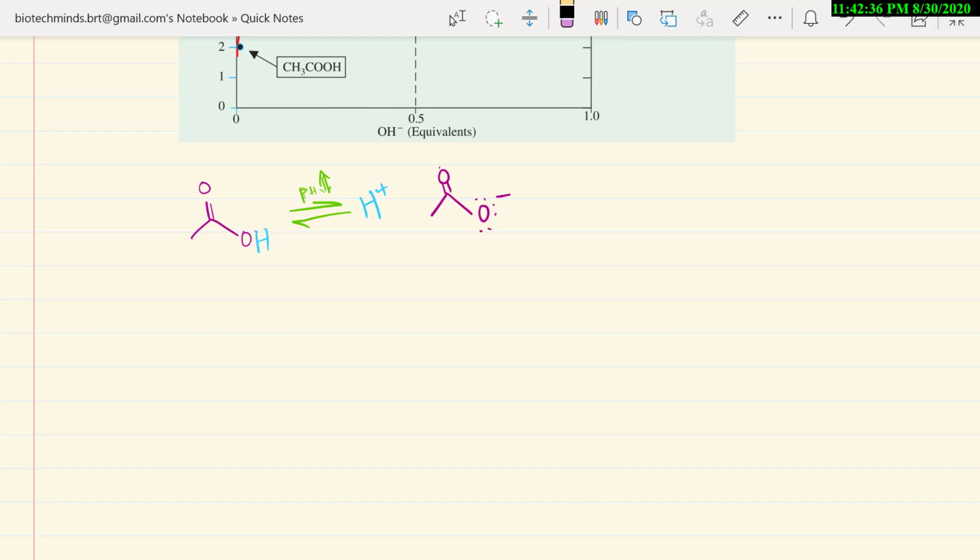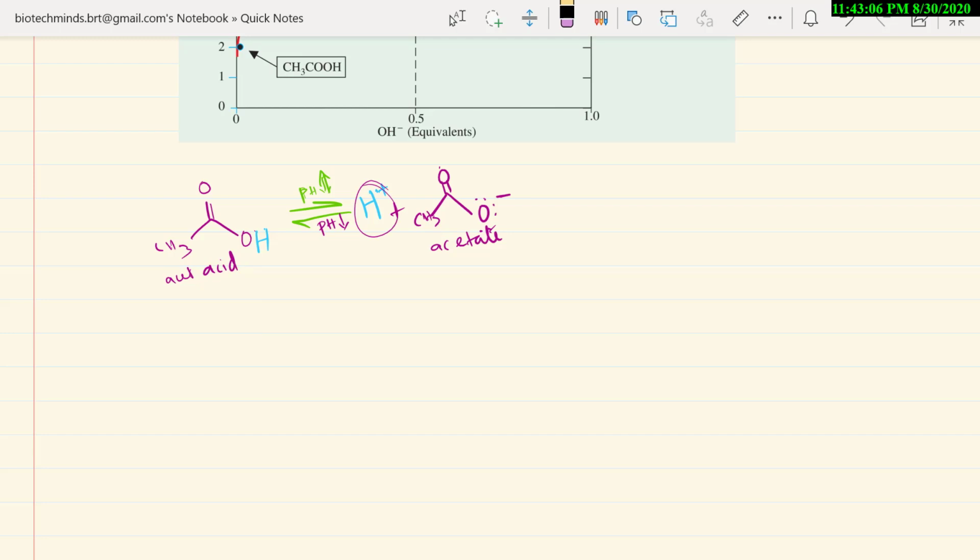Okay, now this is the conjugate base. This is how, if the pH is increasing, this will happen. In the same way, this is a reversible reaction, meaning again if the pH decreases, the reverse happens. Now this is what is happening in acetic acid. So this is the acid, acetic acid. If you write CH3COOH here, and if you write CH3COO minus, this is acetate. So H plus is getting away.